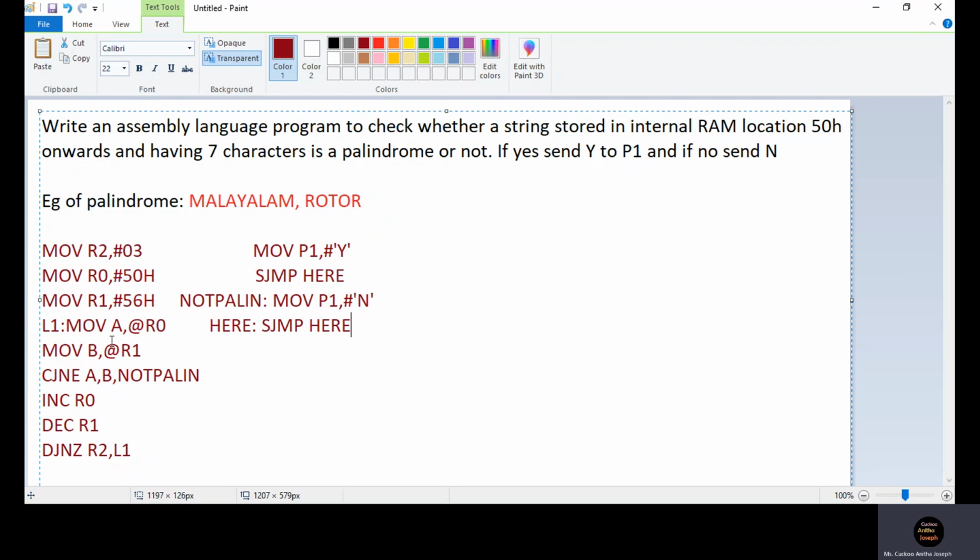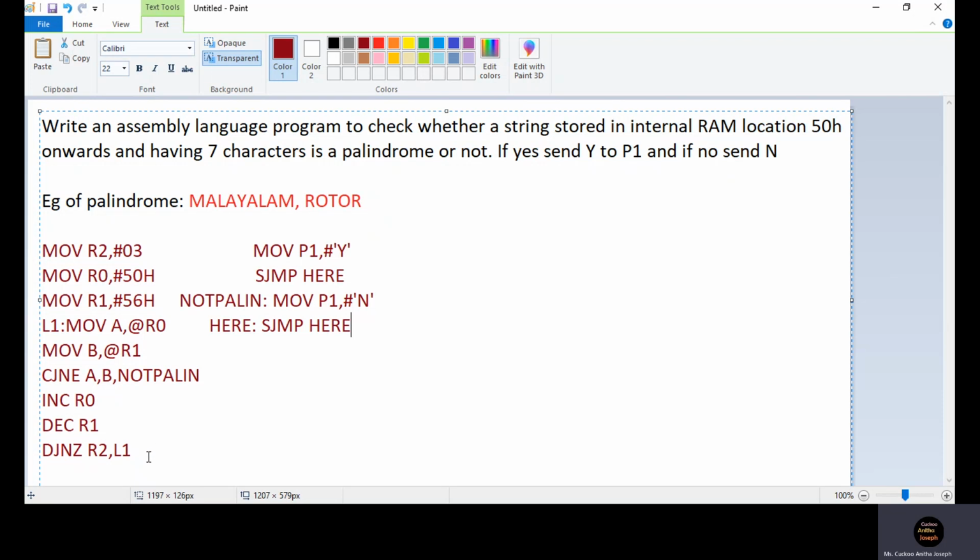For that, we will decrement R2, check whether the content is 0. If it is not 0, we will get the next value. That is, we will store the next character into A and the last but one character into B and continue in this fashion until R2 becomes 0.